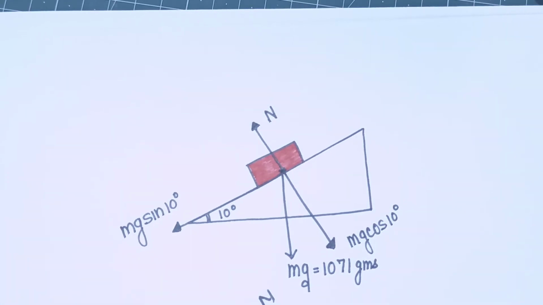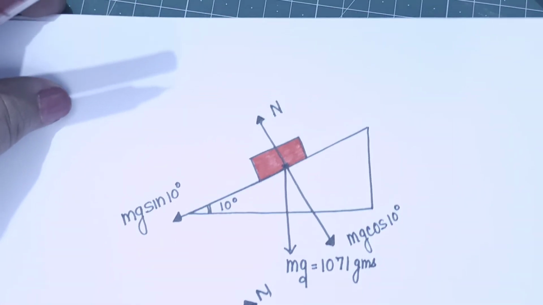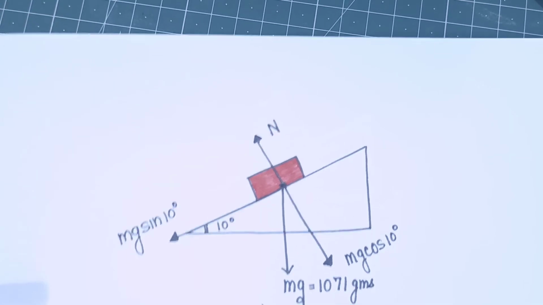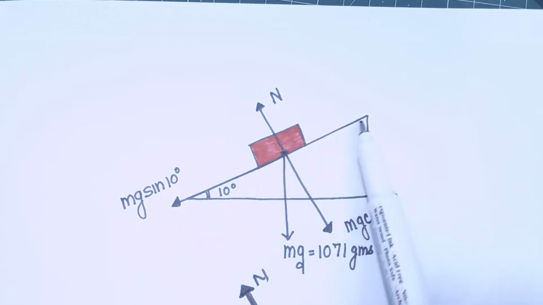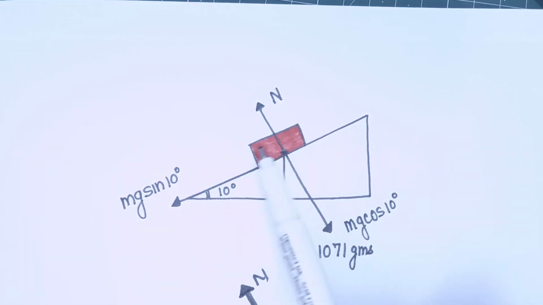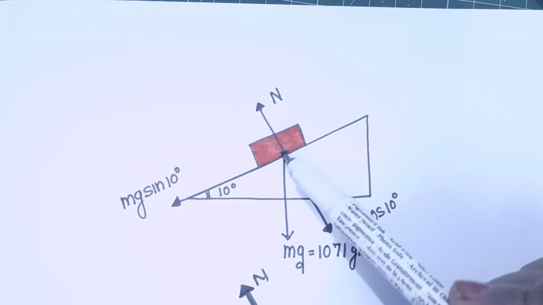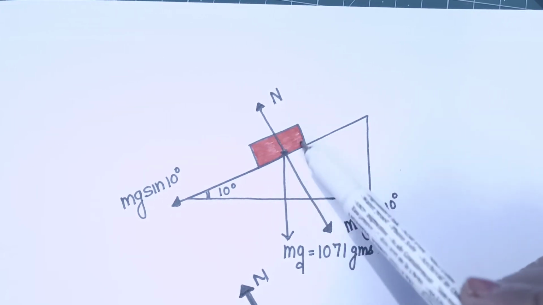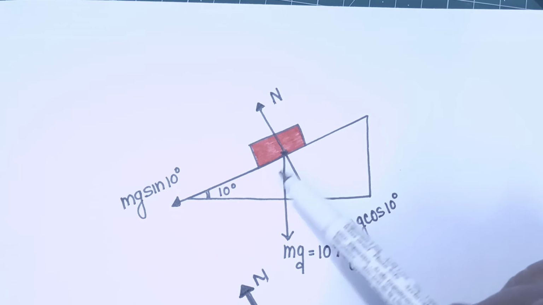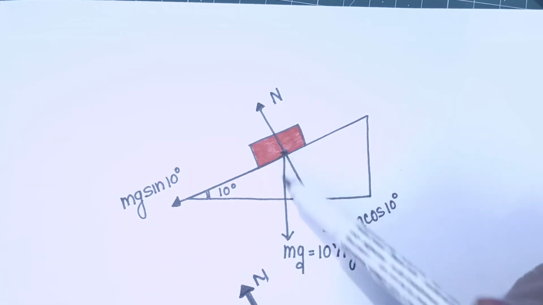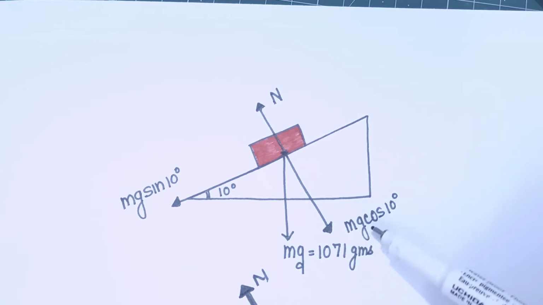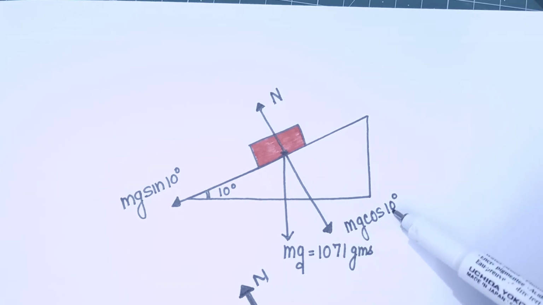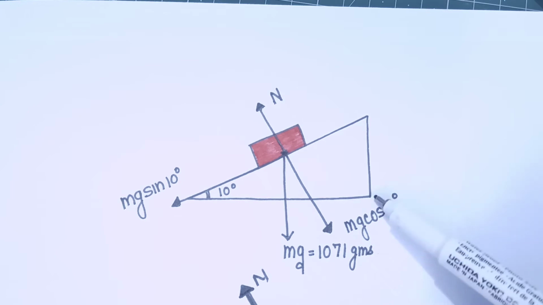So the weighing machine is calibrated in grams and it reads the mass in grams. And on the inclined plane, if an object is placed, then it does not exert force on the inclined plane equal to its weight, but it exerts force equal to mg cos theta. We just have to verify this result.